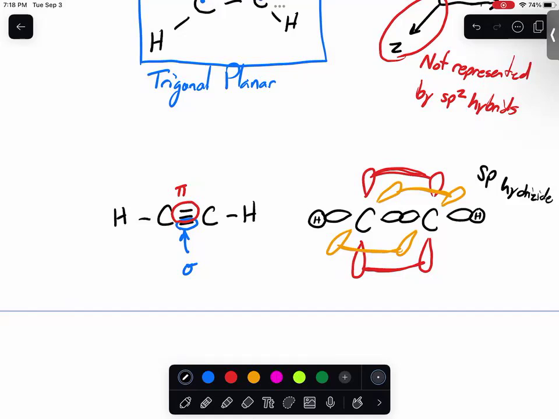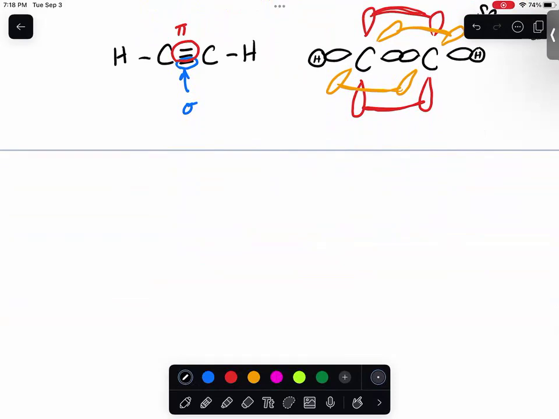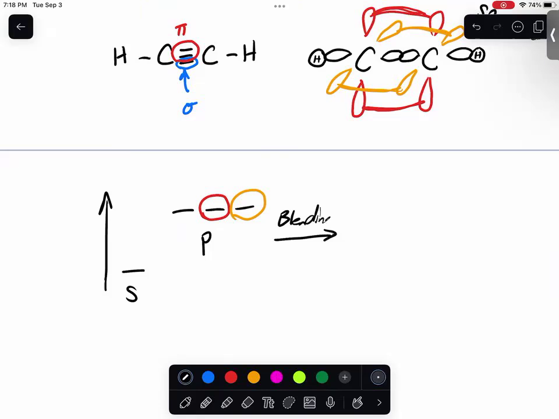And the reason that it is sp hybridized is because we now have two p orbitals that are being left out and only one p orbital that's being mixed. And so what that looks like in terms of our energy diagram, right? We're going to return to this once again. We're saying we have this p orbital that we need for that red lobe, and then we have this one that we need for that orange lobe. So whenever we go through and we do our blending, only one s and one p mix to make the sp orbital, and then two p orbitals are left over